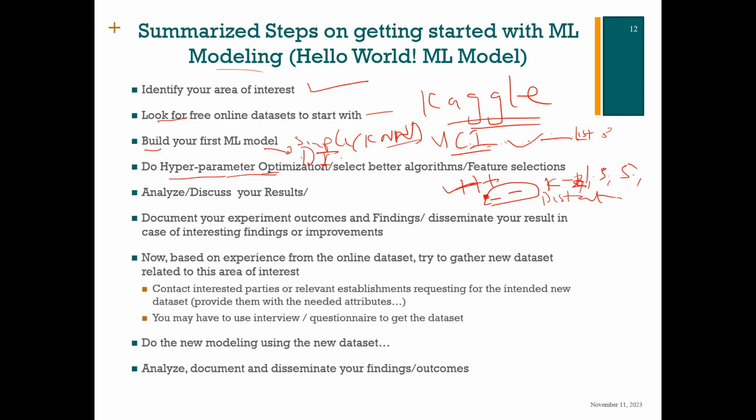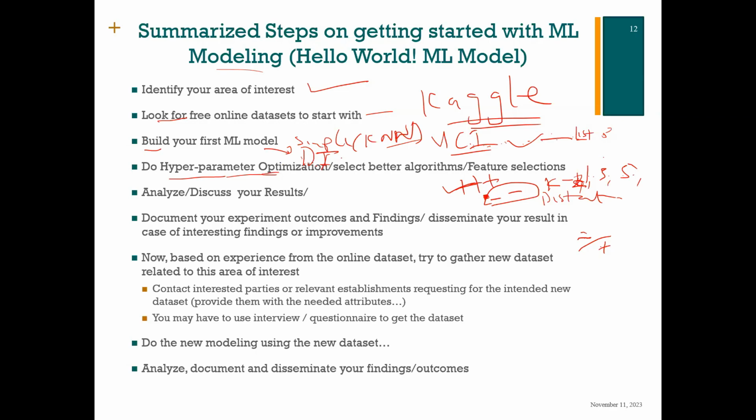So based on this, we don't want to select an even number, because if you select an even number, you might run into a situation whereby you have one negative and one positive close to you. In that case, you don't know where you belong. That is why, if you are dealing with a two-class problem, you have to select your K to be an odd number. But if you have more than two classes, a multi-class problem, you have to be careful that the number of classes is not a multiple of the K value you select, just to avoid a tie.